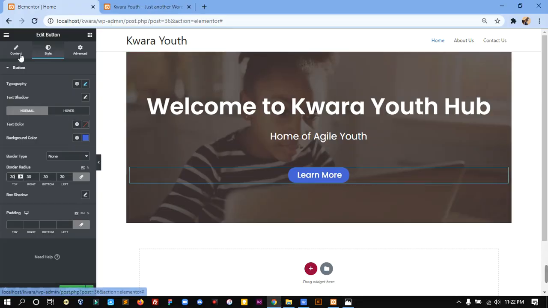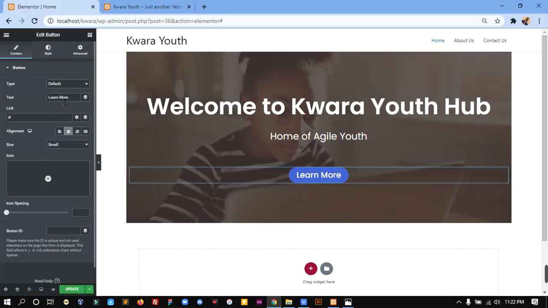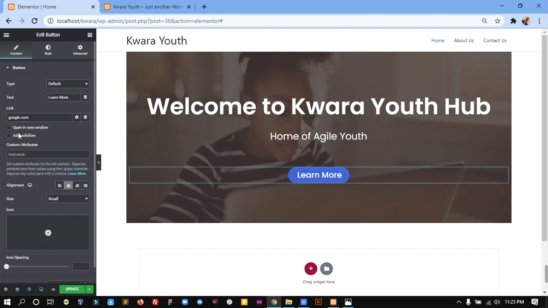Click on the learn more button, and you will notice here that it says link. So let's say I want it to go to the about page. I can search about and it's going to bring the about page and fill in the link. However, if I know the full link, then I can simply type in the link. If I want it to go to Google, I can just enter google.com and here I can say open a